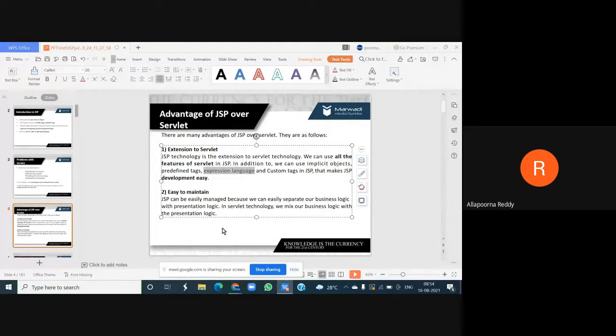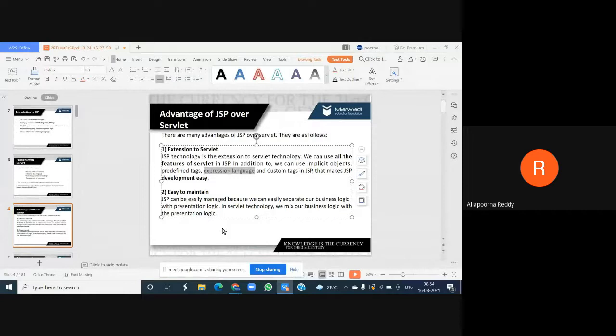So it is easier to maintain. Why is it easier to maintain? Because, as I told you previously, business logic and presentation logic are mixed up in a servlet, whereas in JSP it is not a mixture. It is maintained in one page or one file, but they are managed separately.